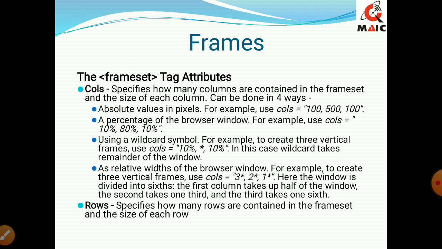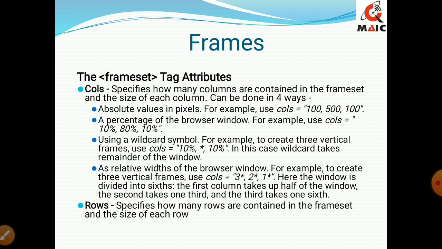Now you must have got some brief idea of how we divide a browser window into different frames. So moving ahead, we will see the different attributes of frameset. The two main attributes that we saw were rows and columns. We divided the browser window into 3 parts, 30, 50 and 20%. We used the percentage of it. There are other ways also. There are 4 different ways in which the frames can be divided. So we will see them one by one.